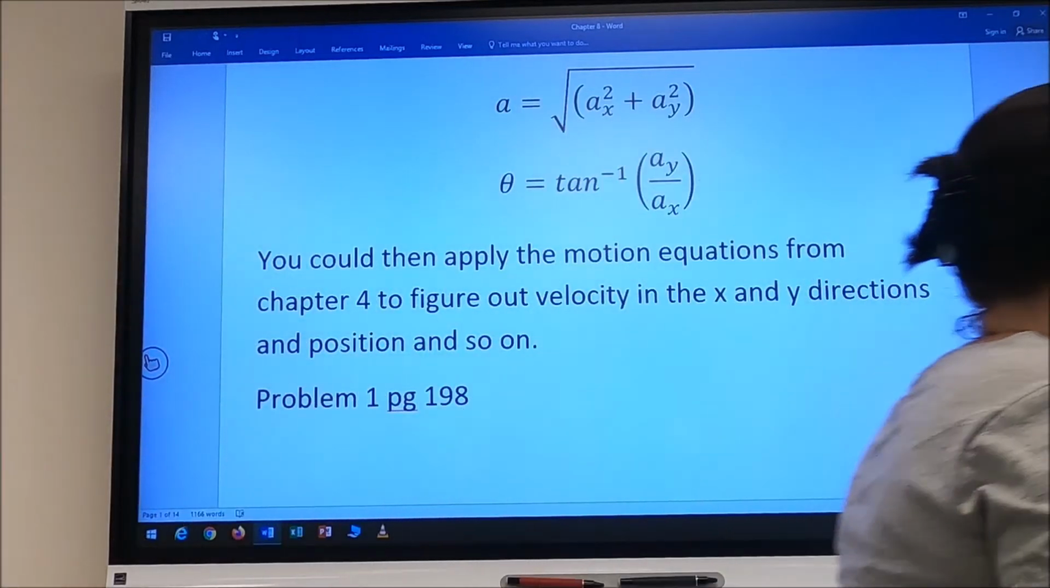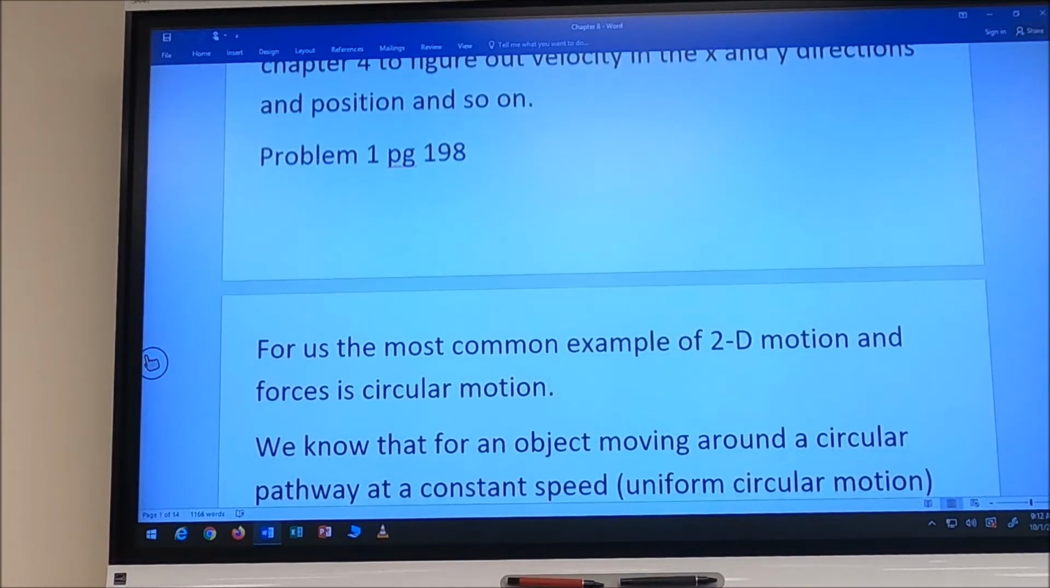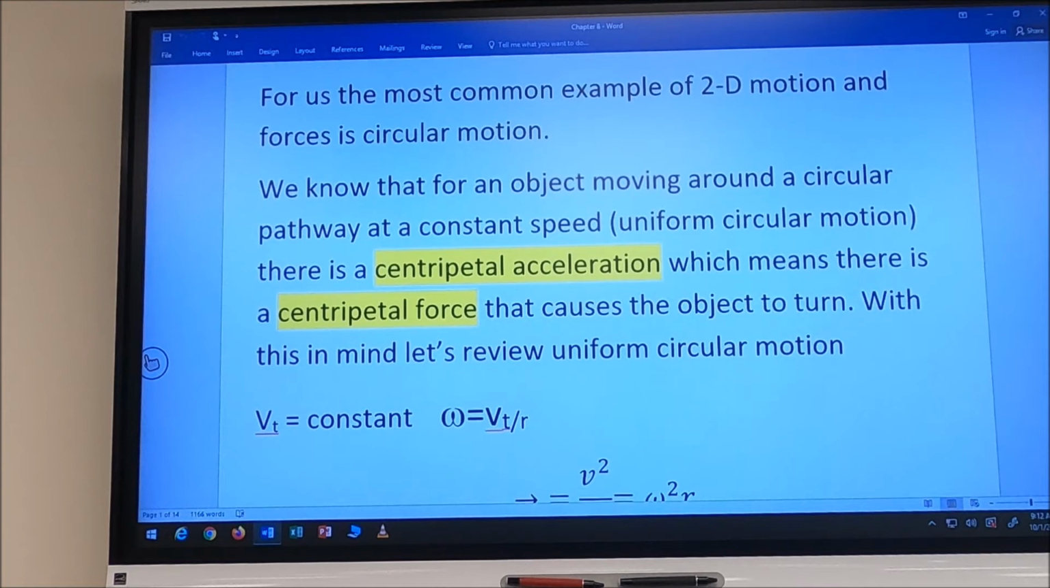Now, let's move on. The type of 2D motion that we're going to be most interested in this chapter is circular motion. Okay, motion along that circular pathway. And we know we have two situations. Motion around a circular pathway where we have a constant speed, and motion along the circular pathway where we have